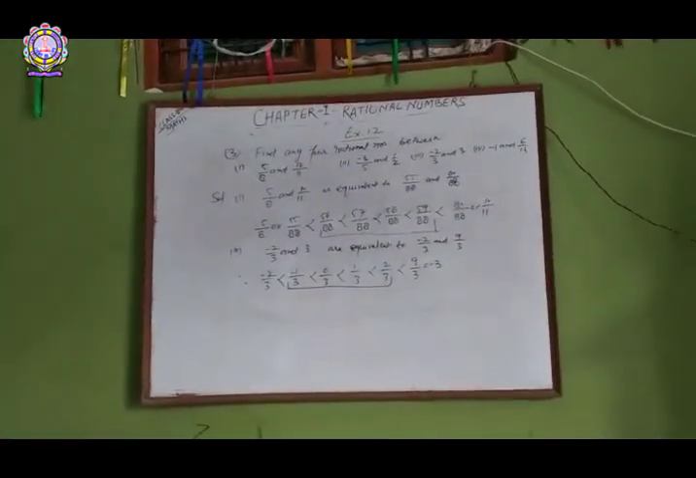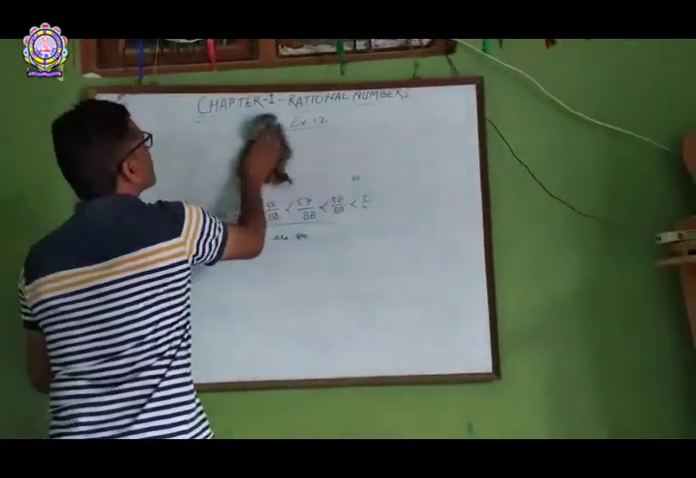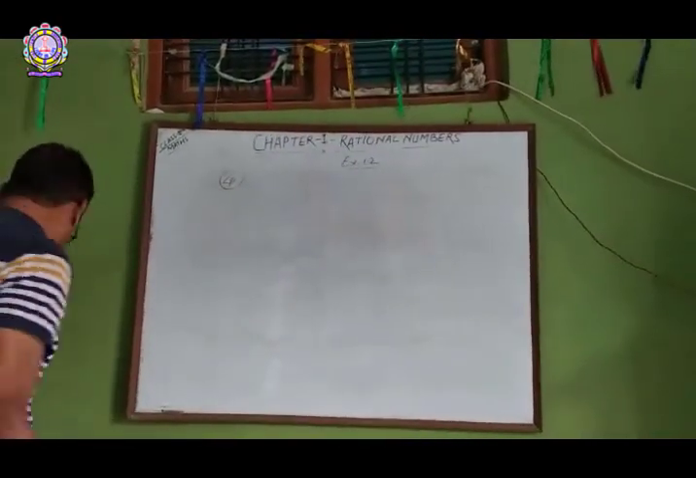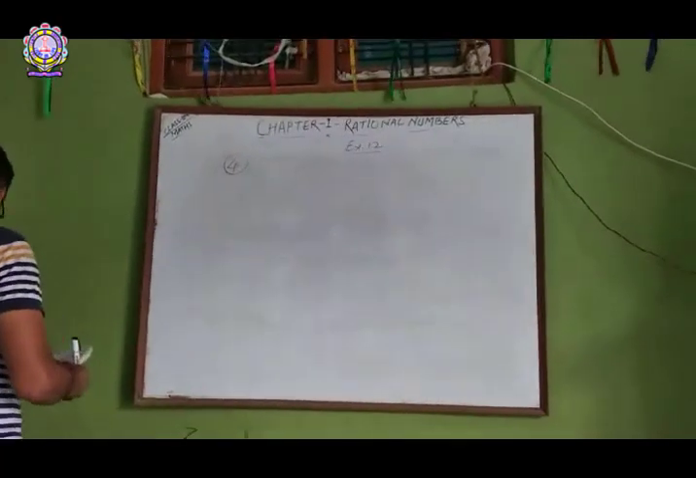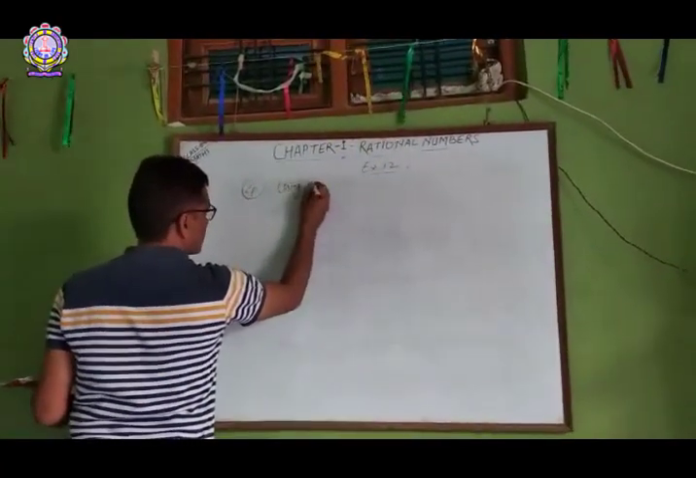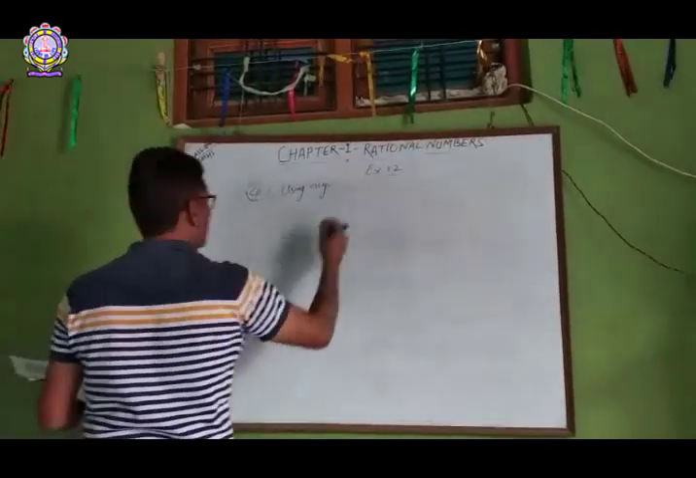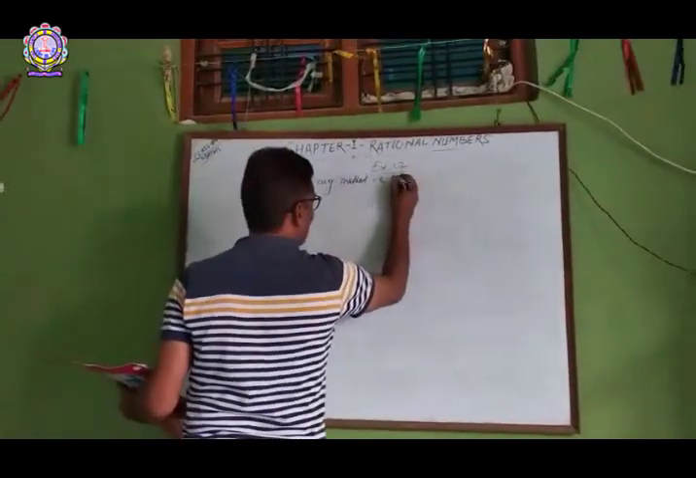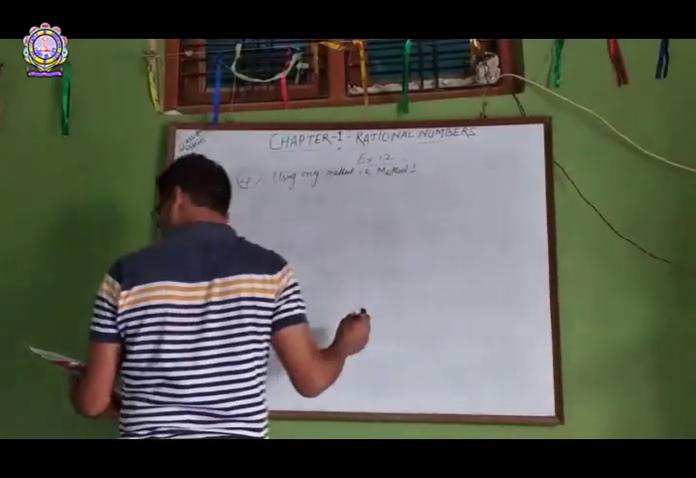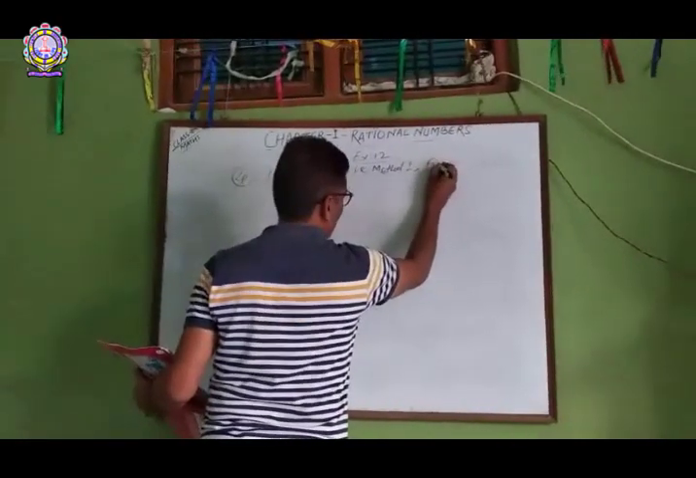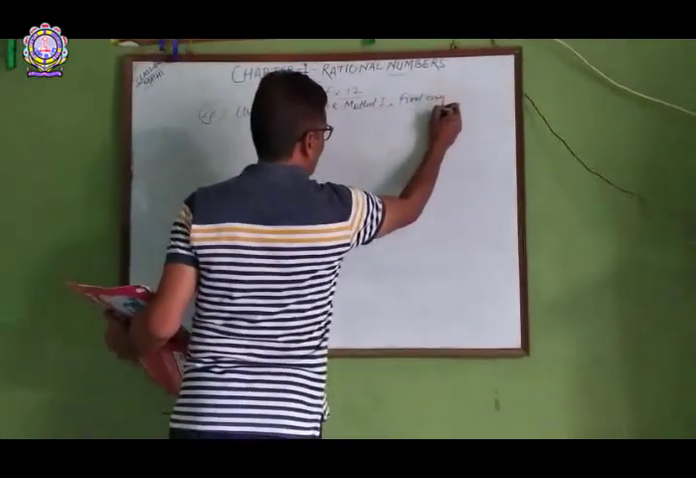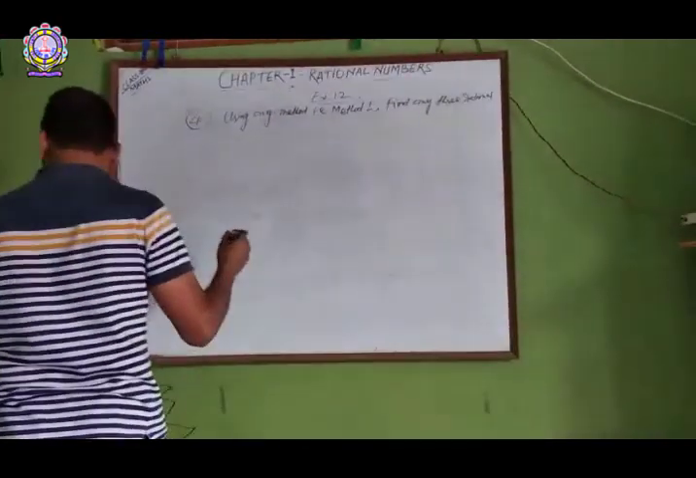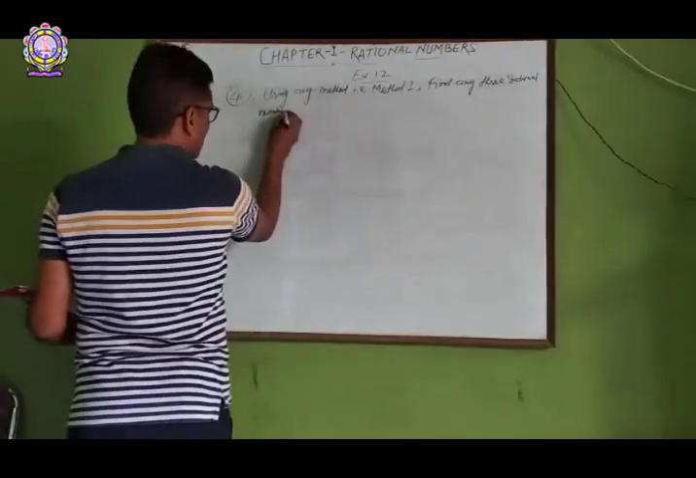Okay, now we will solve question 4. Question 4 is: using average method, that is method 1, find any three rational numbers